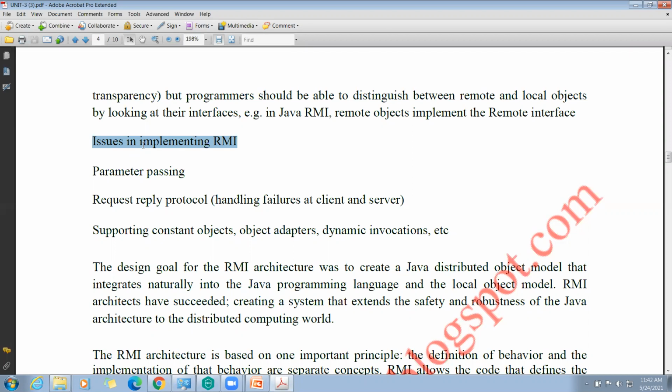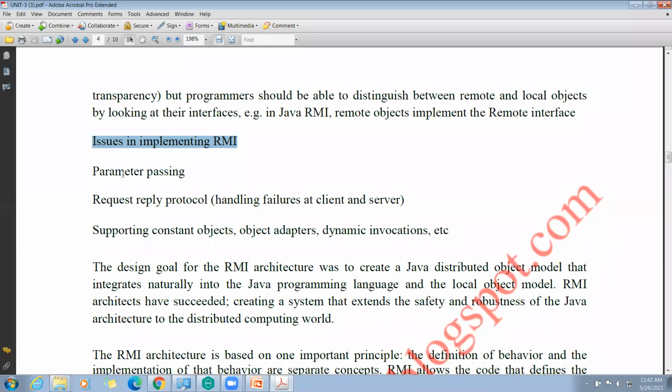Parameter passing is a technique or mechanism used to pass parameters to a procedure, subroutine, or function. The most common methods are call by value and call by reference. These two are the main methods. This is one of the issues for passing parameters to a subroutine.